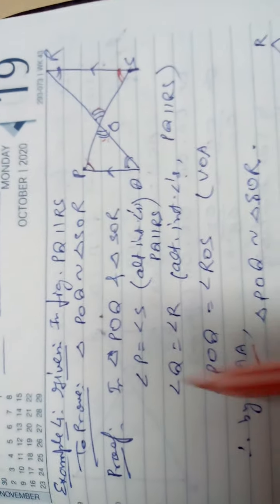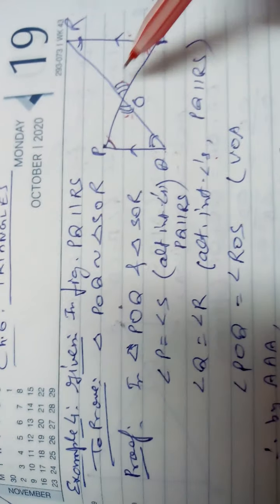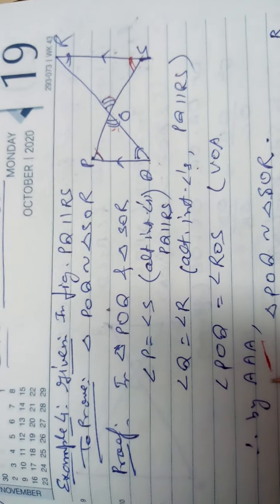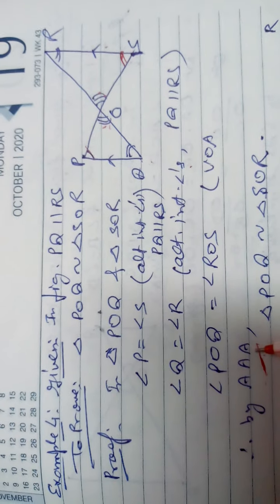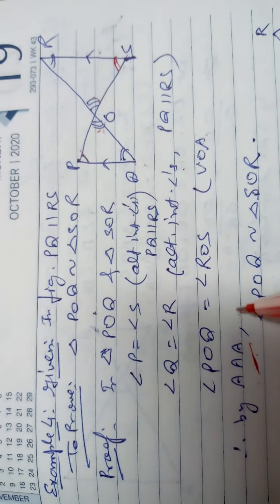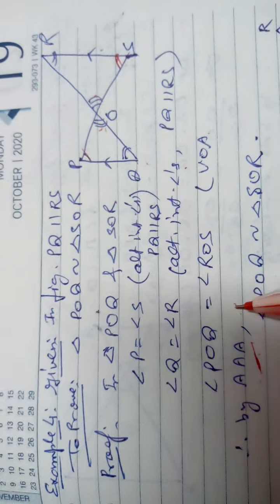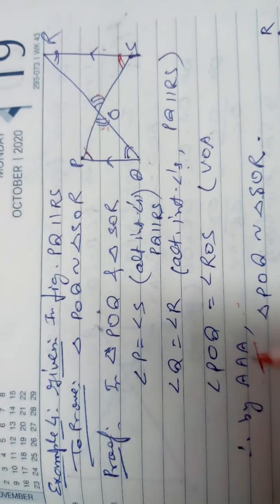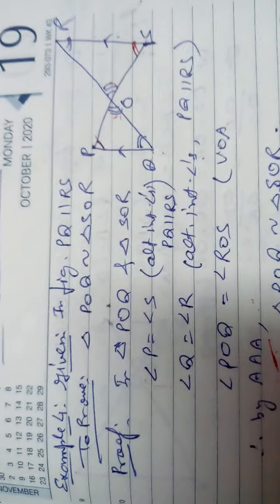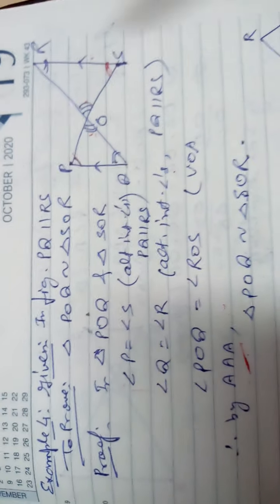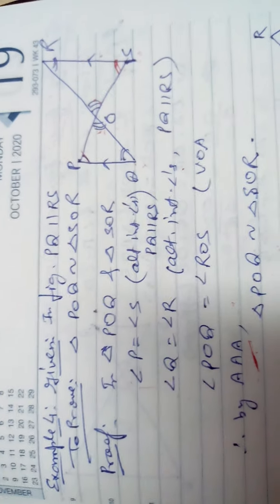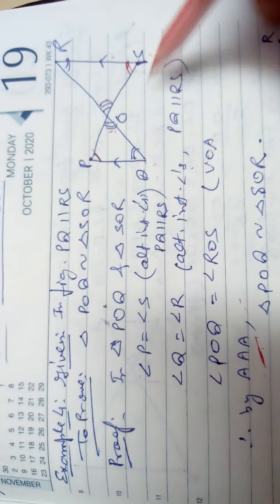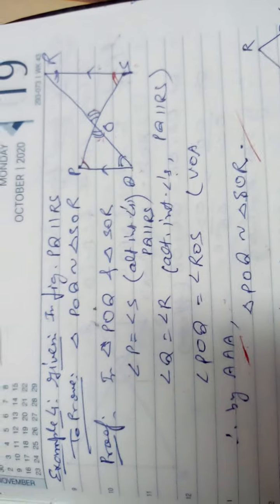So here, the first question I have told you, the others I have done. All the three angles are equal, so it is similar. By triple A, no need to mention congruency, because triple A is only for similarity. So you can prove it by double A also. Triangle POQ you have written. What triangle do you write here? P is S, so S, and Q is R, so SRO. POQ then SOR. Hence proved.